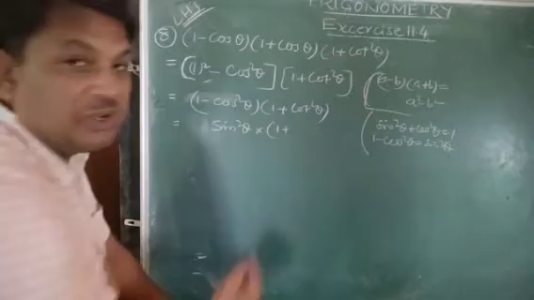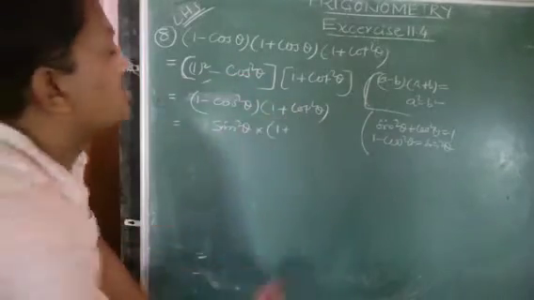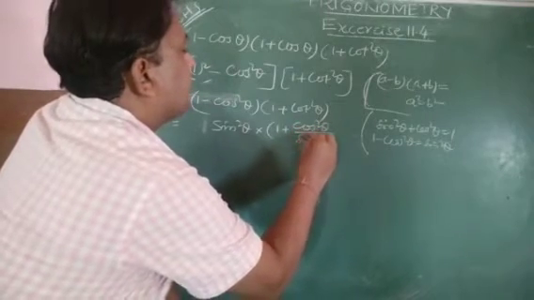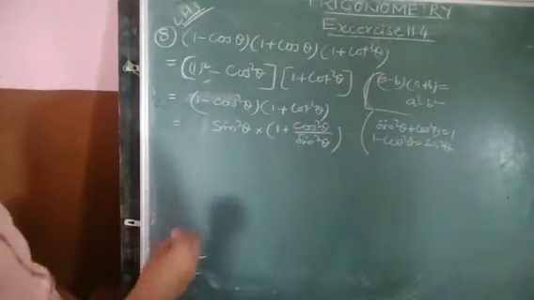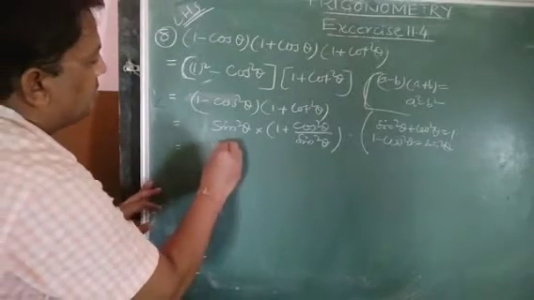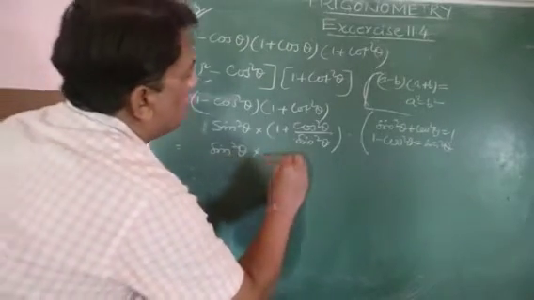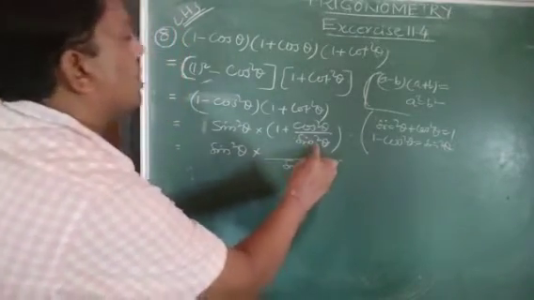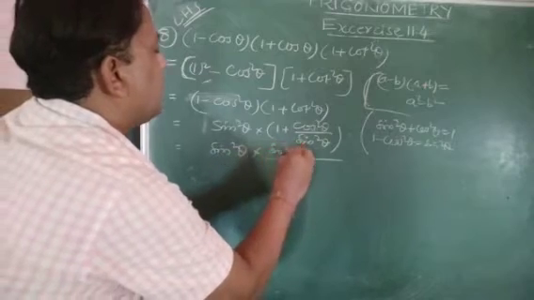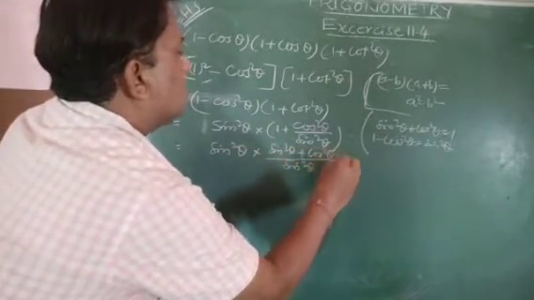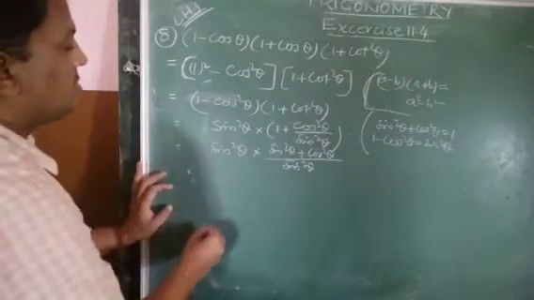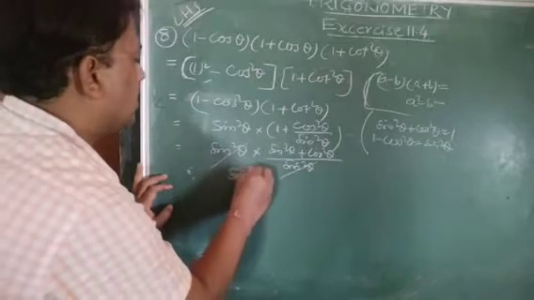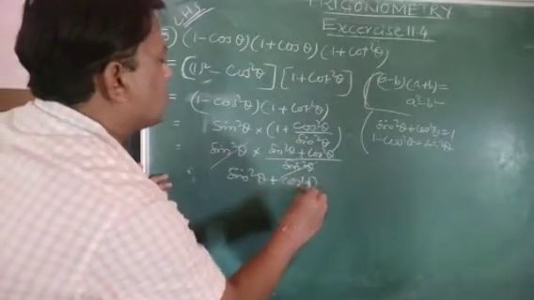Now 1 plus, why extend again step? Here cot square theta can be written as cos square theta by sin square theta. Now children, because we have to simplify, try for the possibilities. Here take the LCM: sin square theta into (sin square theta plus cos square theta) over sin square theta. Now children, see, sin square theta cancels. That is equal to sin square theta plus cos square theta.